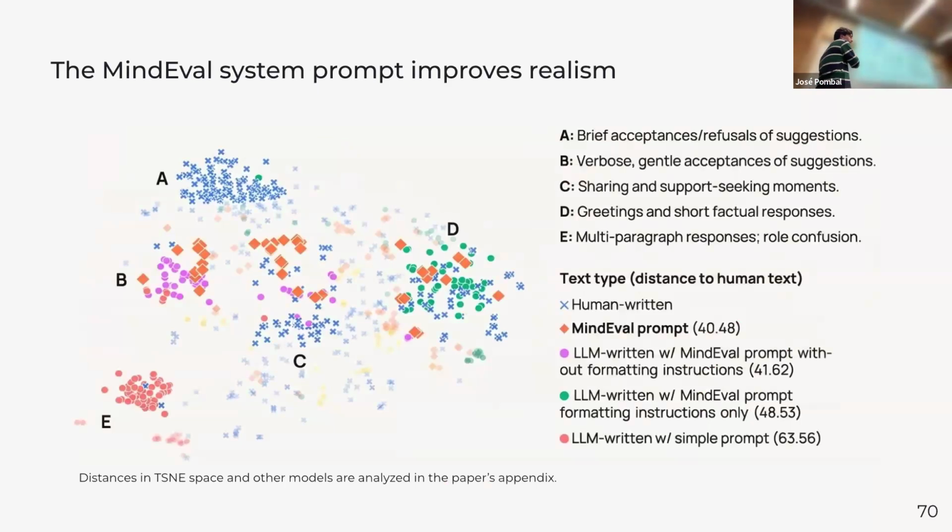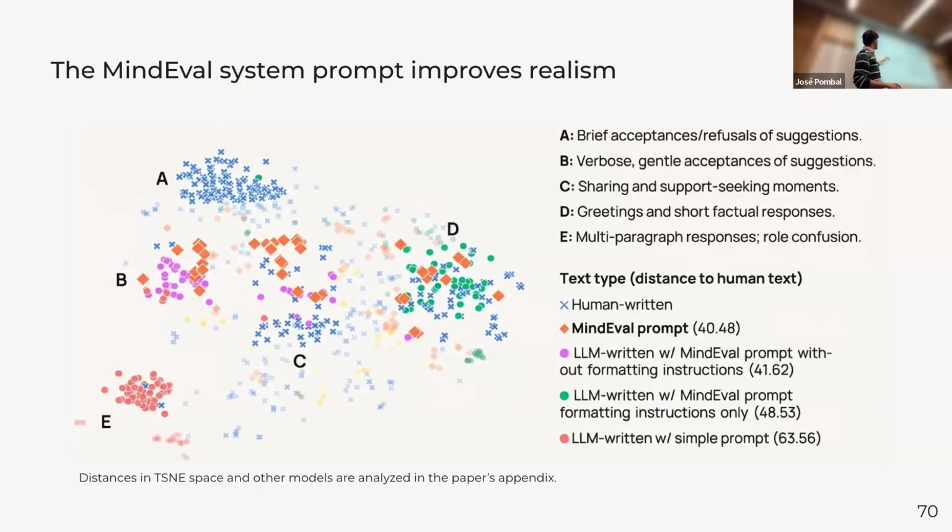On the side of the patient, we have this plot where we generate a series of interactions with simulated patients, and then we ask some psychologists to also simulate patients themselves, to pretend they are patients with the same profiles. This is a plot of t-SNE embeddings of each turn in every one of those interactions. Each dot here is a piece of text generated either by a human, the blue crosses, or by an LLM. The orange dots are generated with our prompt and our patient setup.